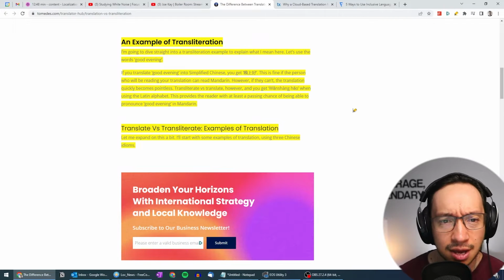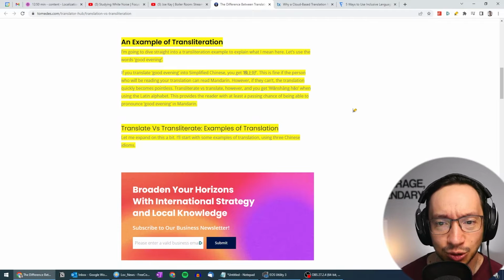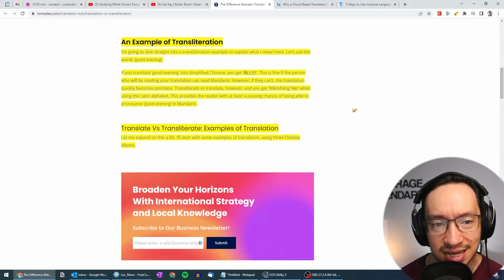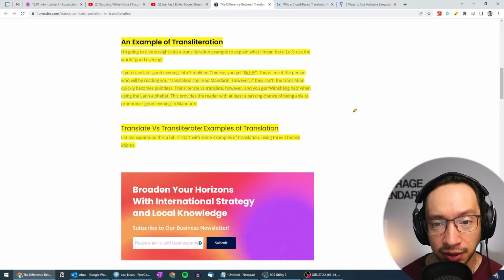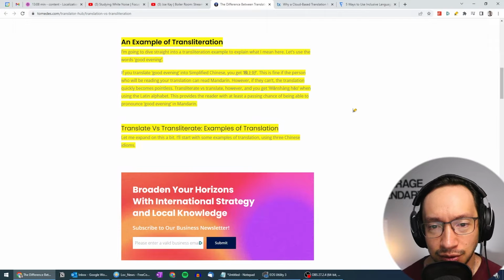I'm going to dive straight into a transliteration example to explain what I mean here. Let's use the words good evening. If you translate good evening into simplified Chinese, you get something, something, something. I think there are 3 characters here that, of course, I cannot pronounce. I don't know what it means because it's in simplified Chinese.